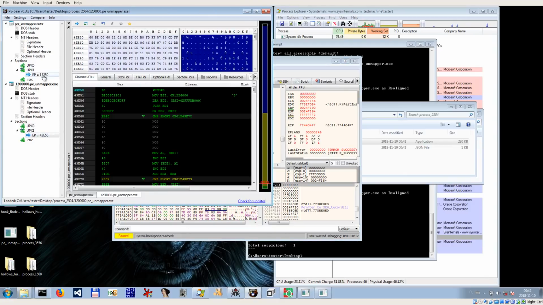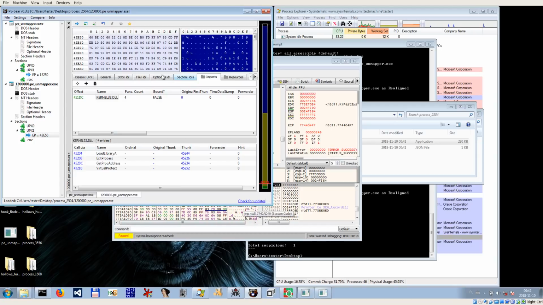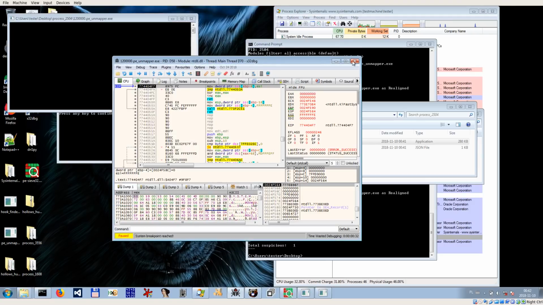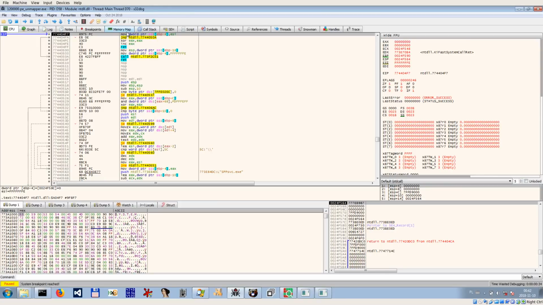So the entry point stays as it was in the headers. I also don't have rebuilding of the new import table that has been loaded in the new location. I think I will implement it in the future, but for now I just reconstruct section content